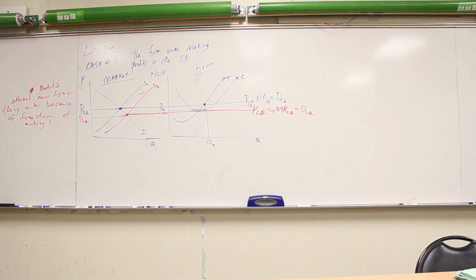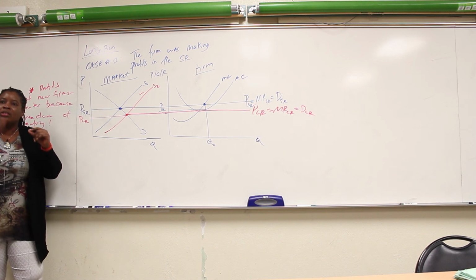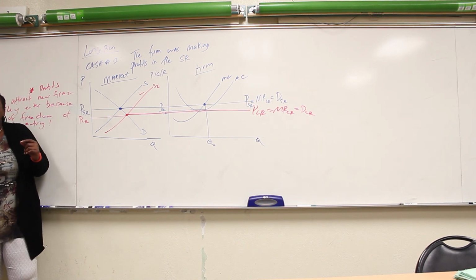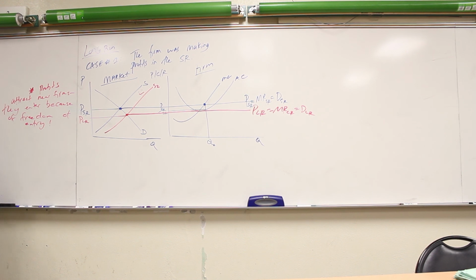Because if Hassan is making profits and only Jason enters, and both of them are making profits, what's going to happen after that? So Hassan is making profits, Jason says, all right, he enters, and two of them are making money. What's going to happen after? More people. That's me leaving the class to go enter too. And if three of us are making money, that's somebody else entering and going on and on. The point I'm trying to make is, firms won't stop entering until all the profits are competed away. They'll keep entering and entering and entering.